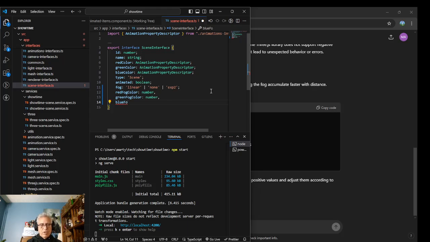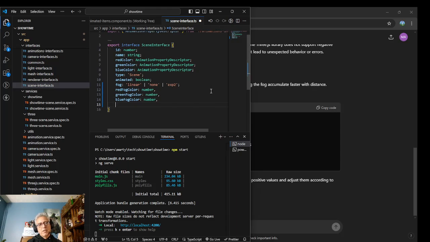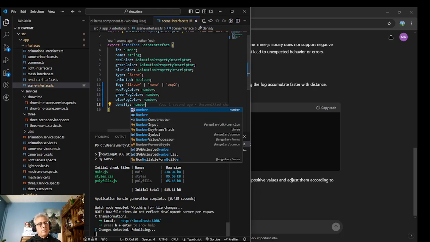Blue fog color is a number, and then we're going to have our density. And I guess that is going to be a number. And then things are going to break, so we're going to want to set up